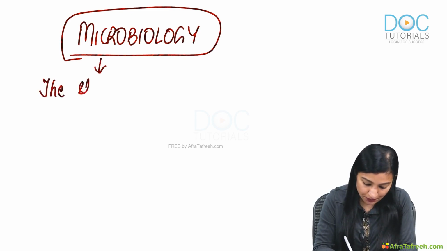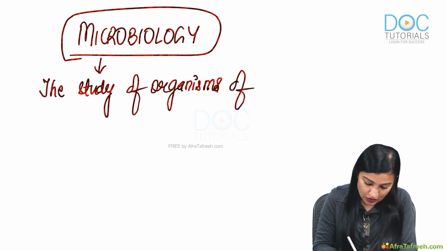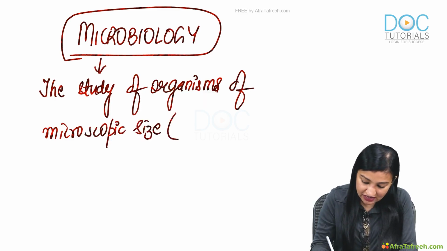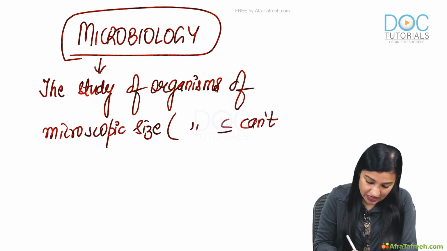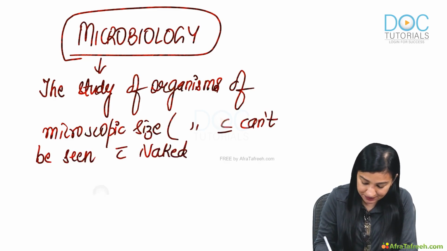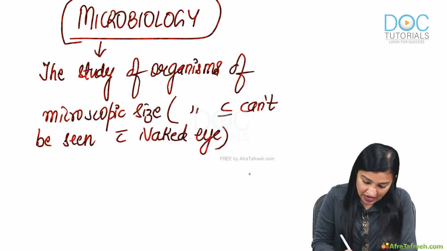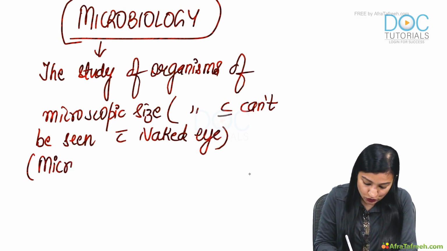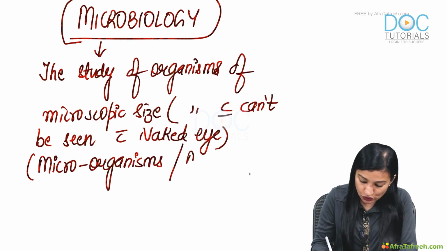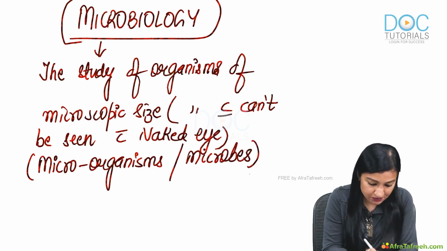Microbiology refers to the study of organisms of microscopic size, that is, organisms which can't be seen with naked eye. Okay, which cannot be seen with naked eye, and these organisms are known as microorganisms, also referred to as microbes. So these two words are synonyms,